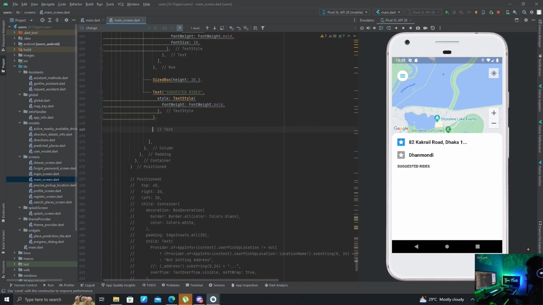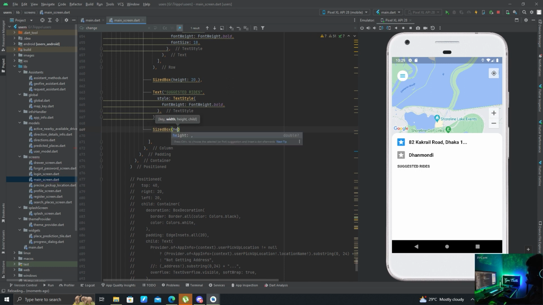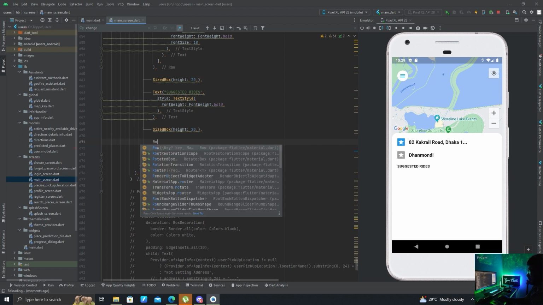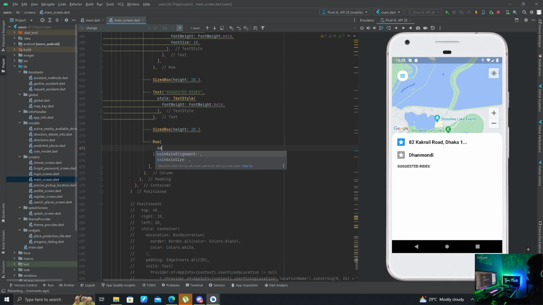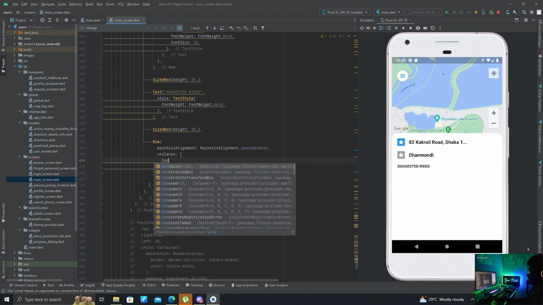Now let's add another size box of height 20, and we can add a row here, main axis alignment dot space between, and children, let's add a container at first,